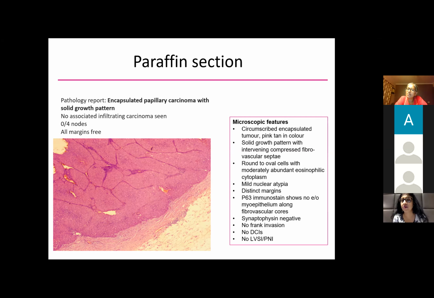But may I ask Dr. Tanuja, I'm sorry, I don't have much experience with these encapsulated papillary carcinomas per se. But for DCIS, normally post BCS, low grade DCIS, what would you do? You would just give tamoxifen and keep them on observation, right? Yeah. Okay. Same way we do.